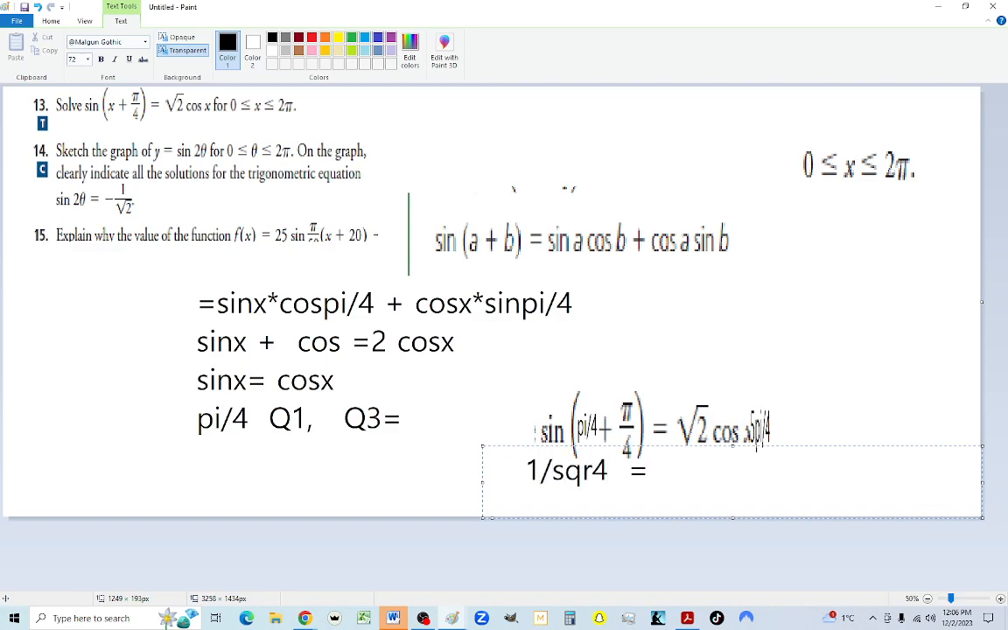What is the square root of 2? What's cos of 5 pi over 4? 5 pi over 4 is in quadrant 3, and it's the acute angle of pi over 4, which is 45 degrees, which is 1 over square root of 2 again. And in 5 pi over 4, cos is positive in quadrant 3, which this becomes,